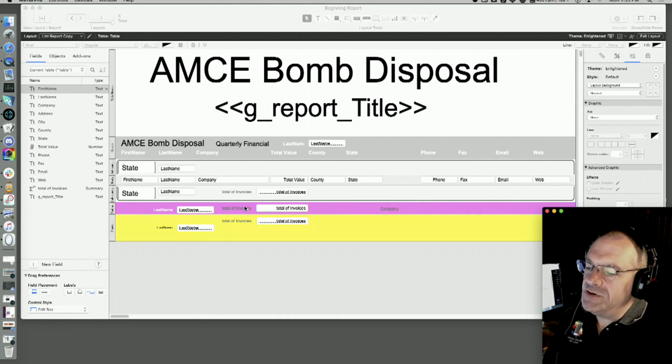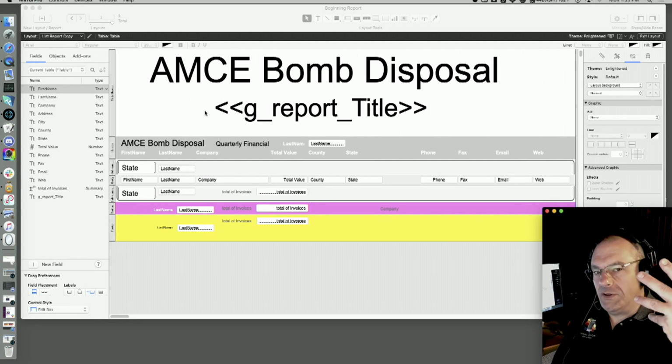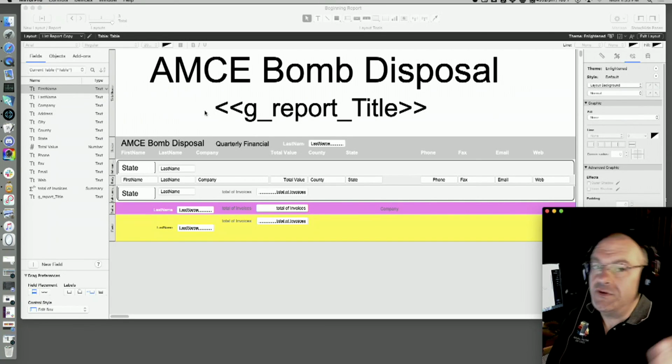So you could do more subsummaries in here. I'm trying not to get too terribly crazy with it, but you can mix dates in here and stuff with that, and then have other subsummaries. A lot of times you'll have a layout with like 20 subsummaries in it, right? Like subsummary for this and this and this and this. So you have one report layout that can do different things. Based upon how you sort the data, it will do different things, right?